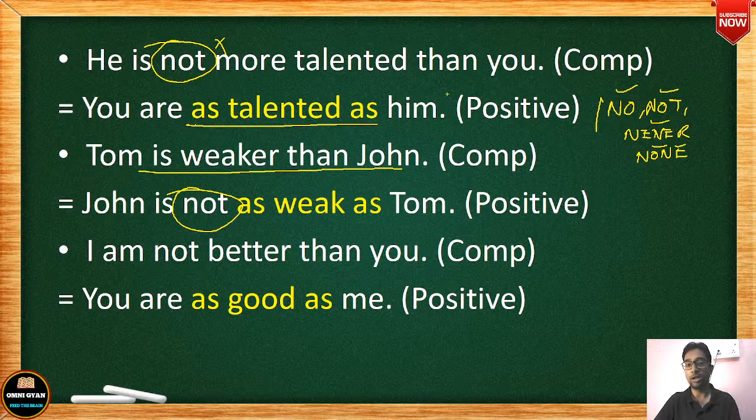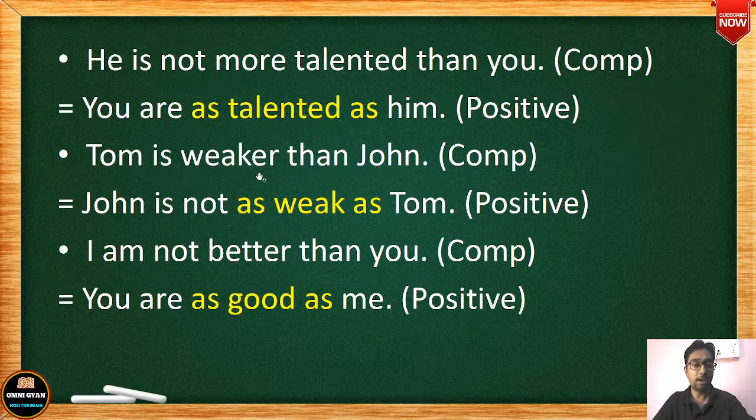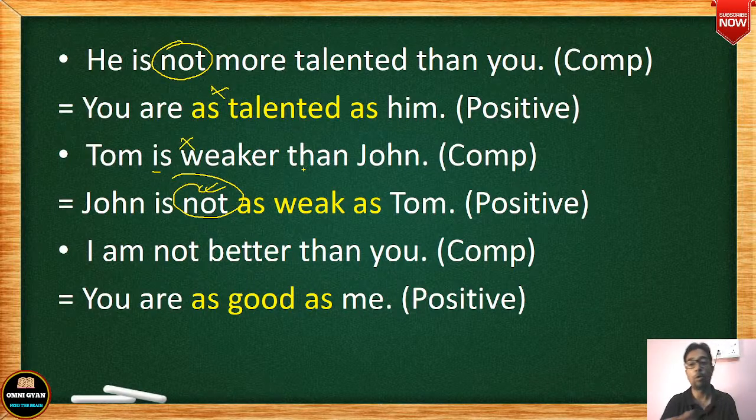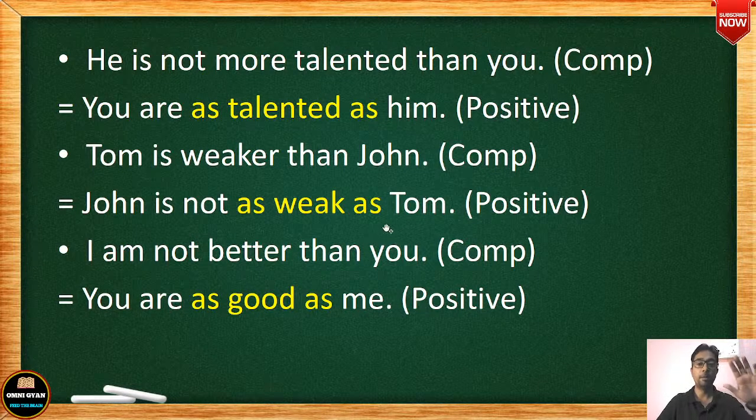तो इफ योर क्वेश्चन, अगर आपके क्वेश्चन में कोई नेगेटिव वर्ड है तो आप आंसर में उसको मत लगाइए, उसका ऑपोजिट कीजिए. लेकिन अगर आपके क्वेश्चन में कोई नेगेटिव वर्ड नहीं है तो आप आंसर में वो नेगेटिव वर्ड लगाइए, तब मीनिंग जो है उसका प्रॉपर रहेगा, योर कंस्ट्रक्शन ऑफ योर सेंटेंस विल बी प्रॉपर देयर। ठीक है, ओके।